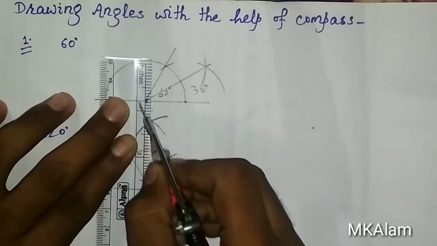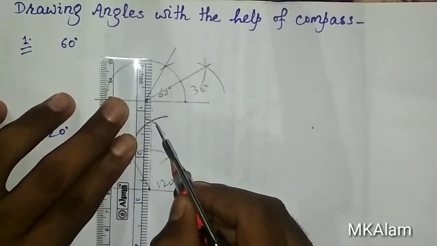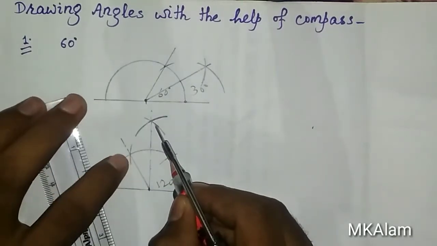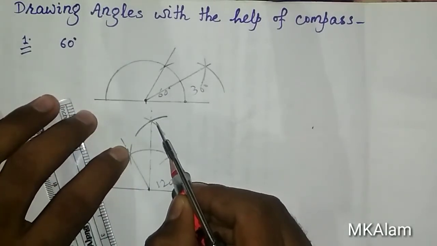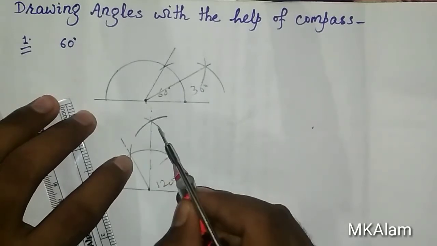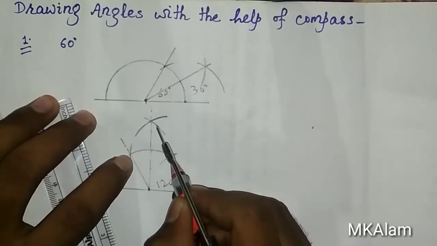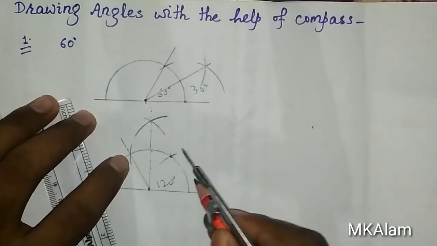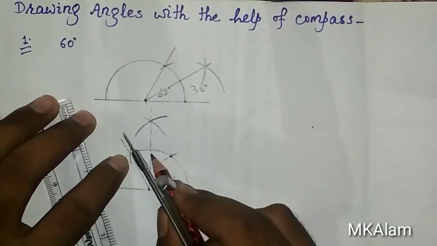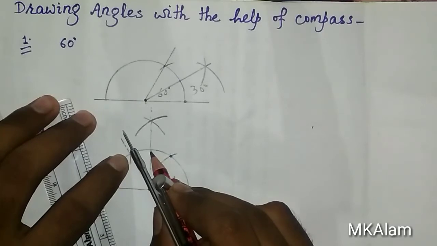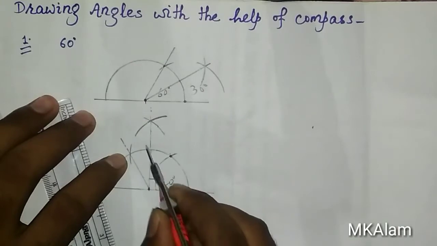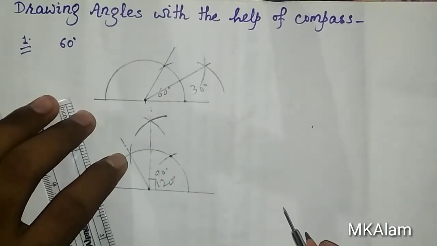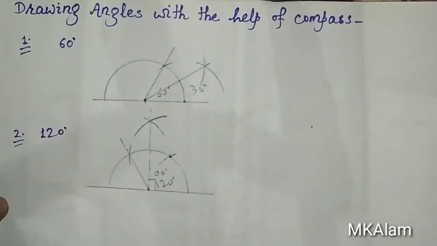because you know very well that from here to here is 60 degrees, and from here to here also 60 degrees, but you have divided this angle into two equal parts. So from here to here you have a 30-degree angle. It means you can say from here to here 60 and from here to here 30, and if you add both of these, then you will get a 90-degree angle. So this will be your 90-degree angle. Understand? Okay, now we will learn about another angle.